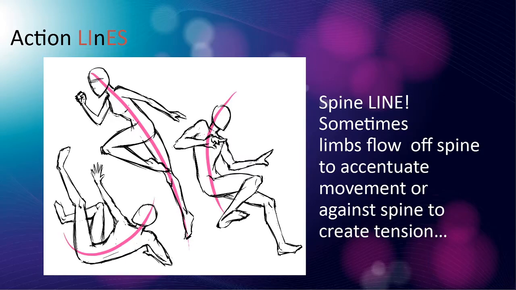And this arm is sort of flowing off of that, like the tail of a comet, flowing off of that action line. And to make it even more exciting, there's this arm and this leg that are perpendicular to that action line. So now this feels very dynamic. And this person is like they're falling away or something. They're scared and they're jumping back, or maybe they got punched. And so this action line is this arc, and then their head follows that.